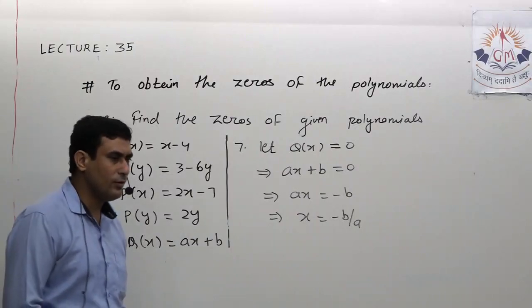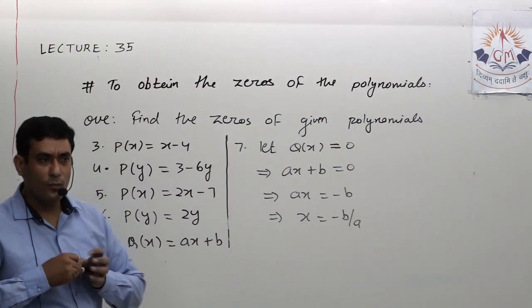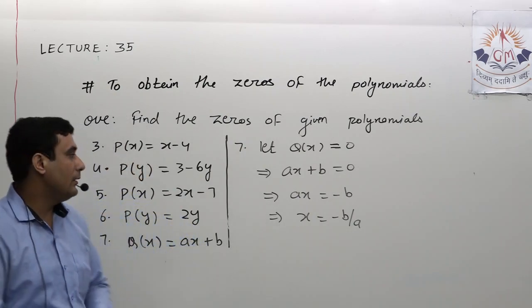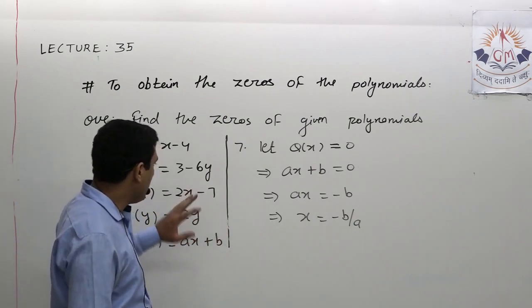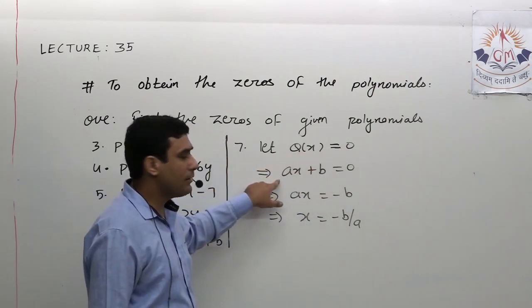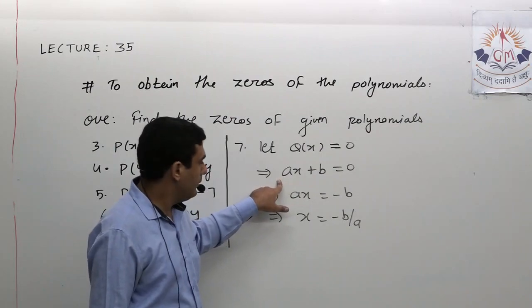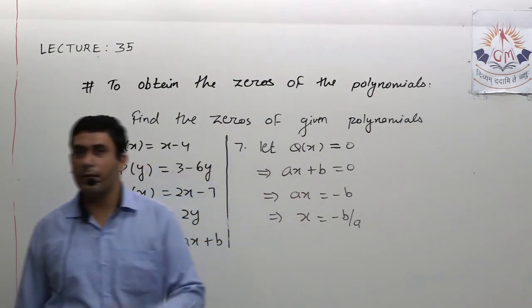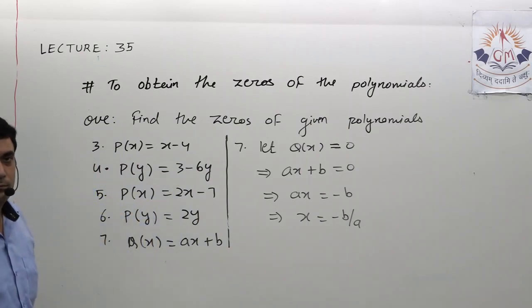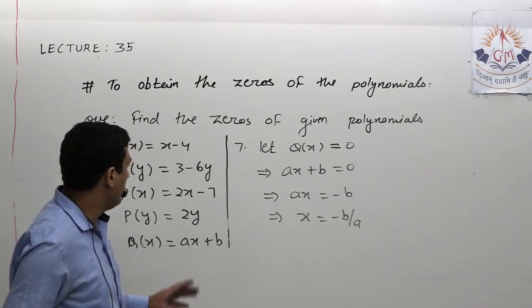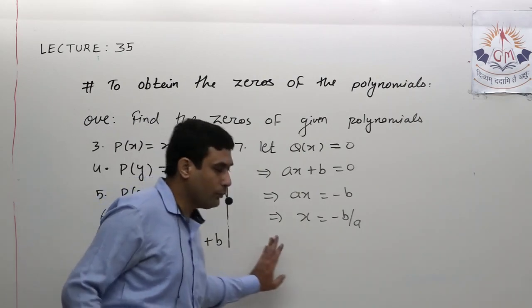Only thing, to find the 0 of the polynomial, in other words I can say, you have to obtain the value of the variable. Okay, if you observe carefully what I did, I took ax plus b equal to 0. So I actually made this an equation, and by getting the value of the unknown from the equation that you learnt in class 8th, this is the 0 of the given polynomial q(x) equal to ax plus b. So please note it down.